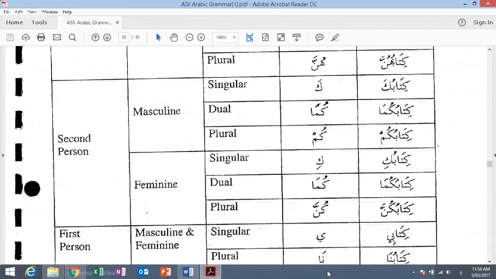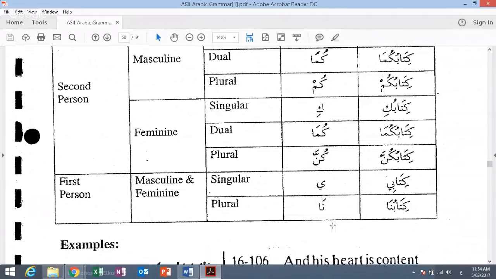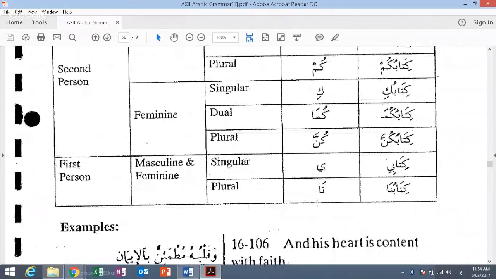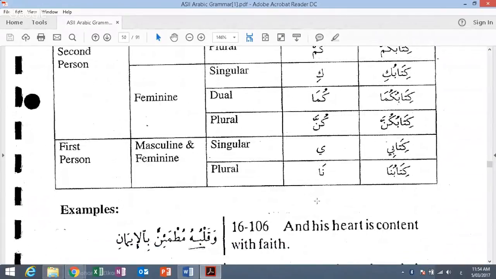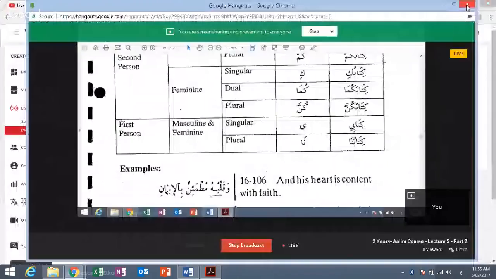And then the last one, kitabi and kitabuna. So these pronouns are dhamir majroor muttasil. If you know the first one, the dhamir marfu munfasil one, all the seventy, basically you have to follow the same sequence. You understand? Okay, now I take you to the Holy Quran and grab the examples from there.